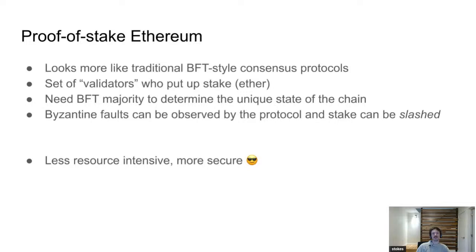And once you have a BFT majority, so once say 2/3 of the chain has signed off on some unique state of the chain, there's no way to have the majority sign off on another chain without there being what we call equivocation, or again, some conflict. And because there's this resource within the protocol, the stake, if we do observe one of these equivocations or faults or conflicts, we can actually delete the stake of the actors who messed up, so to speak.